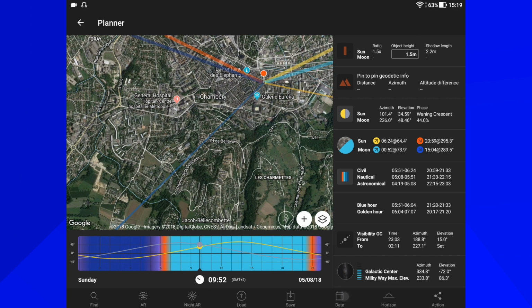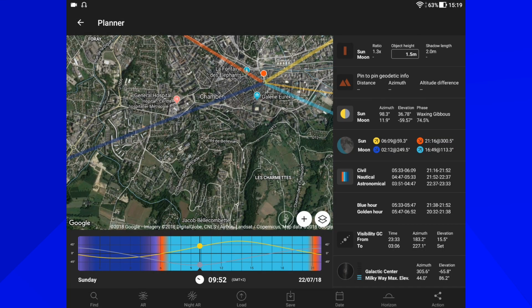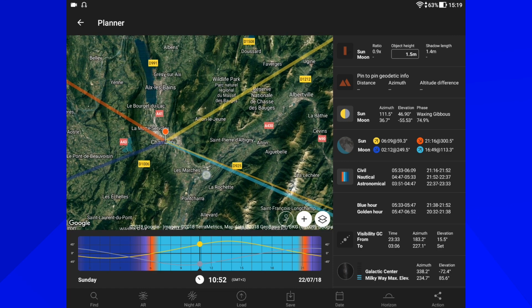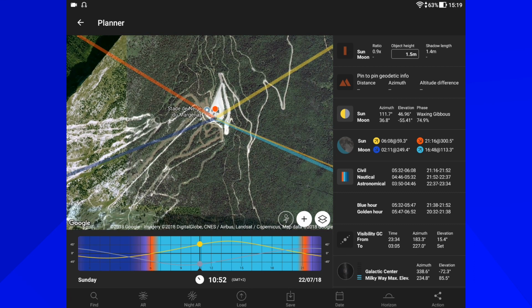So let's go to the date. Again, let's go to the date that I want to photograph the Milky Way. It is the 22 July. Here we are. Okay, here we have our date. So this isn't the good place where I want to photograph the Milky Way. It is around, it is here. Okay, let's put the point over there, and as you can see now, on the 22nd, the sun goes down,